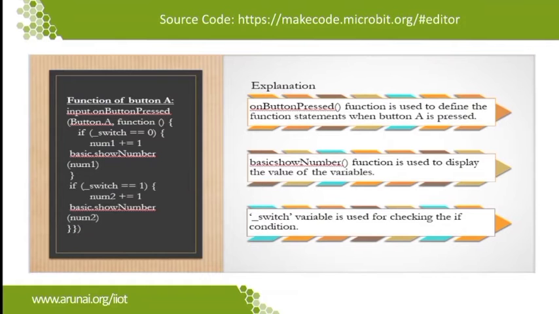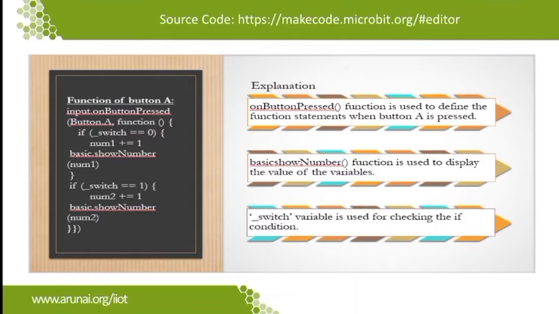Similarly we are going to code for scenarios like what should happen after pressing button A of the micro:bit, what should happen after pressing button B of the micro:bit, and what if both A and B are pressed. So this will be the whole code: the initialization, what happens when we press button A, what happens if we press button B, and what will happen if we press both. This is the whole block code of our project.